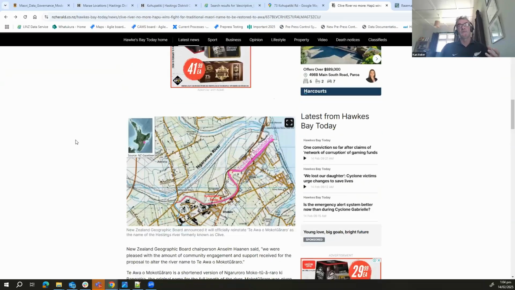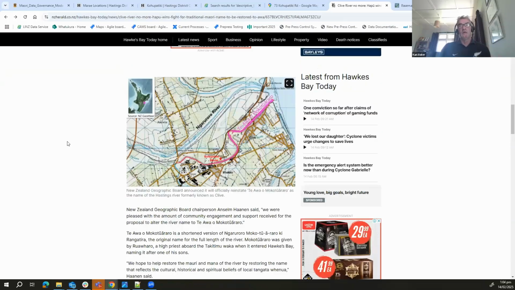Topo 50 maps are important because this is how the government explains to the public what they're doing and what they want to do. And again, Mr. Fussy cartographer here, as our marae point is actually down the road from where the marae is. No big deal to everyone, but kind of noticeable.